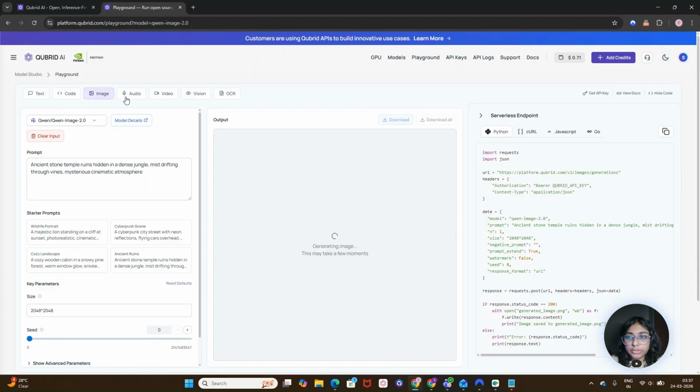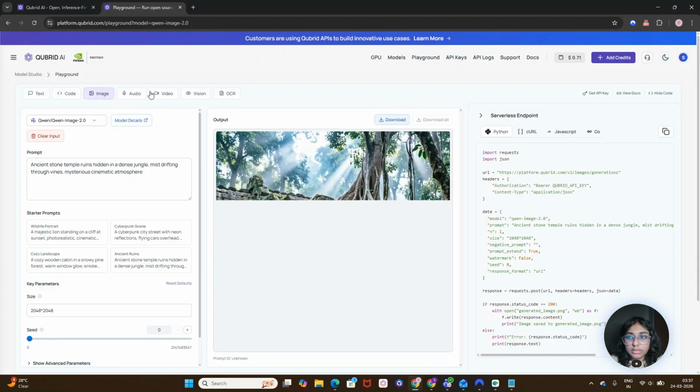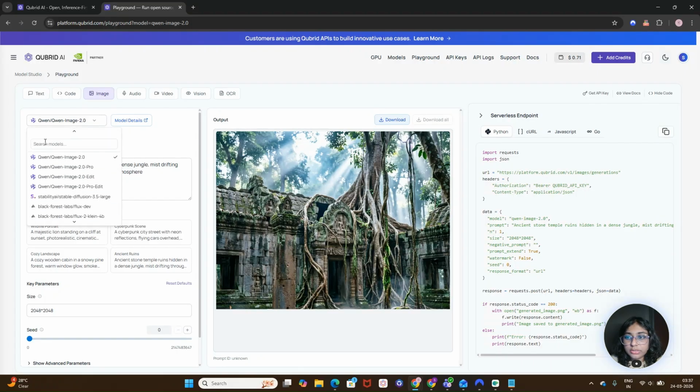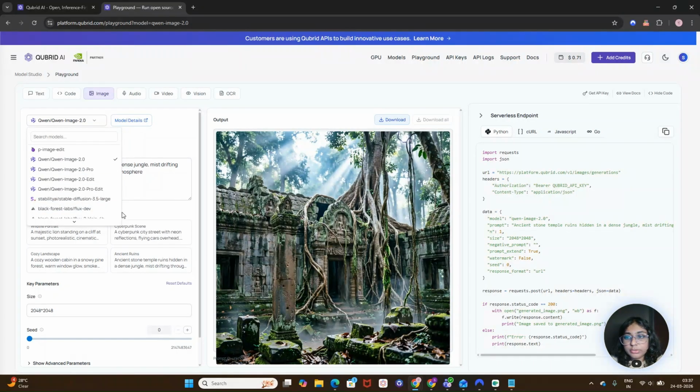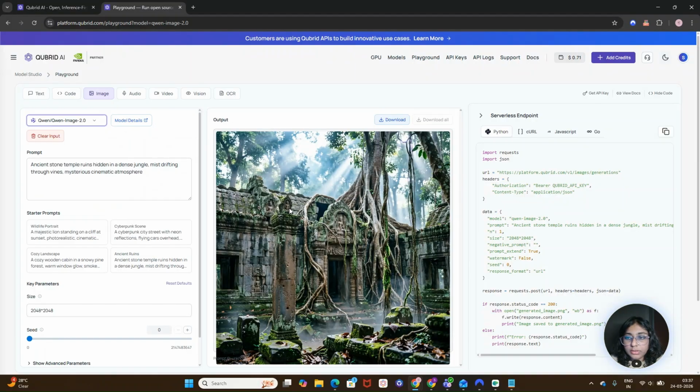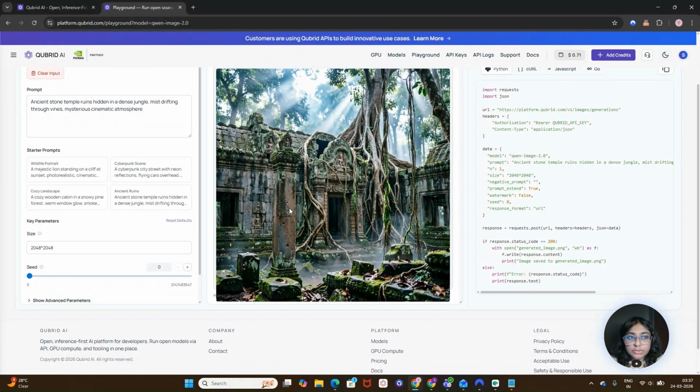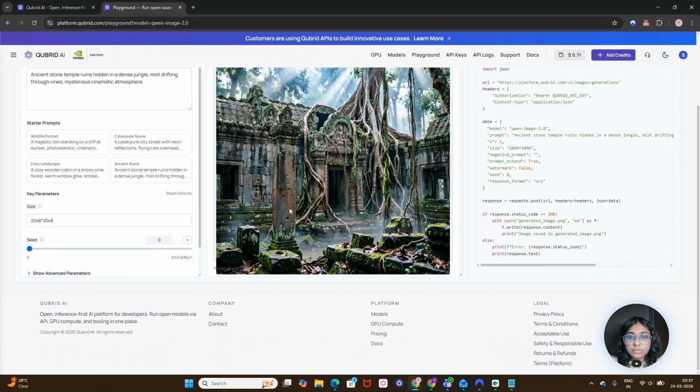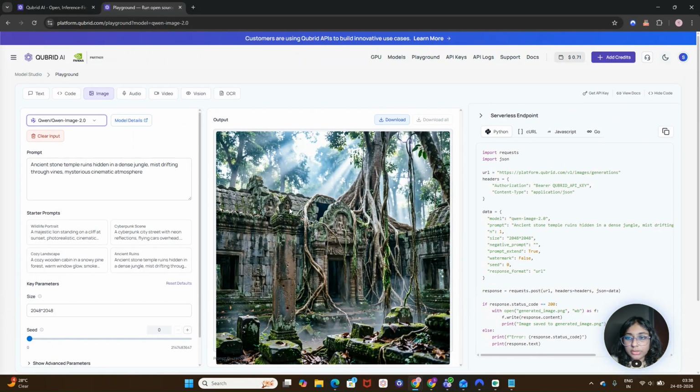We have text, code, image, audio, video, vision, OCR, and image also. And for each use case, Qubrid recommends some suitable models over here. As you can see, our output has been generated, and this looks very beautiful, and it does do some justice to the prompt.